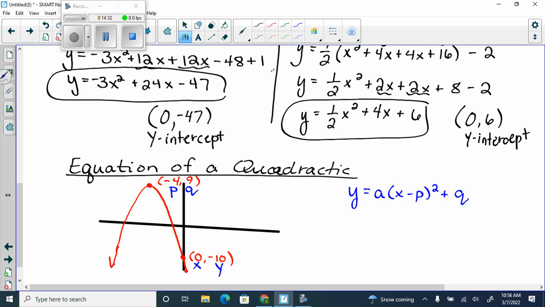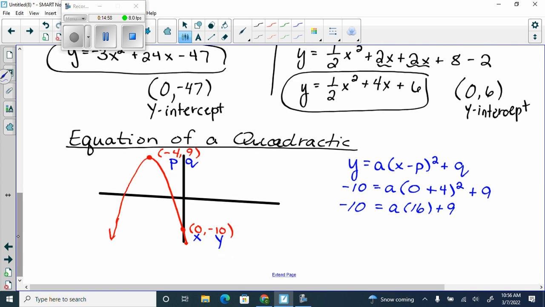So we're going to go y, which is -10, equals a times x, which is 0, minus a -4, so I actually get +4 squared, plus 9. So I'm going to get -10 equals a times 16 plus 9. And then I'm going to subtract 9. Negative 19 equals 16a. And then this is the point where you don't freak out,